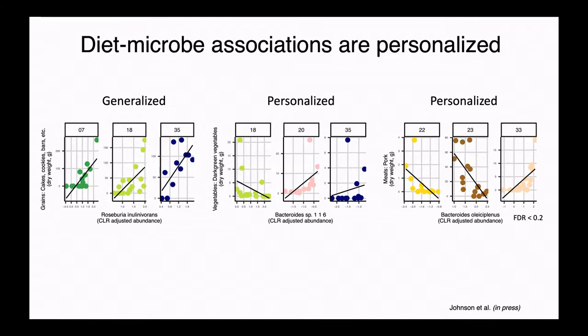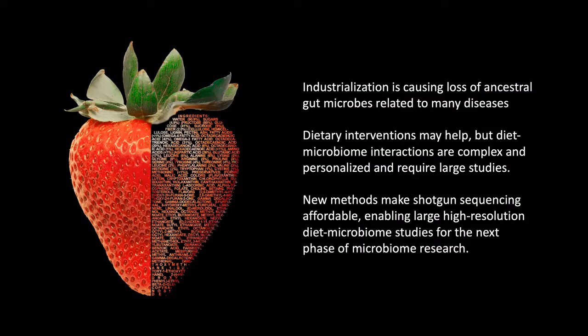And in fact, we verified this: if you train a model on your own dietary history and you tell the model what your microbiome looks like today and what you ate yesterday, you can predict what your microbiome is going to look like the next day. If you take a model trained on someone else's data, it doesn't work. So this demonstrates that we need more longitudinal studies. We need more large studies across many different people with different microbiomes and different diets, able to understand this.